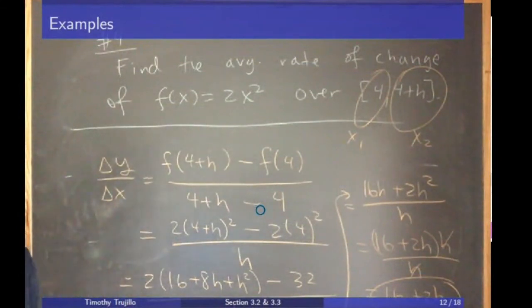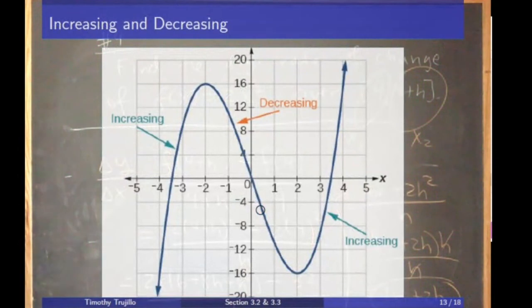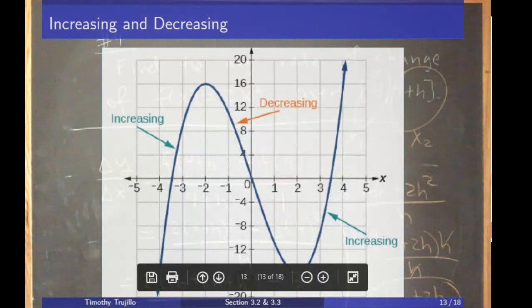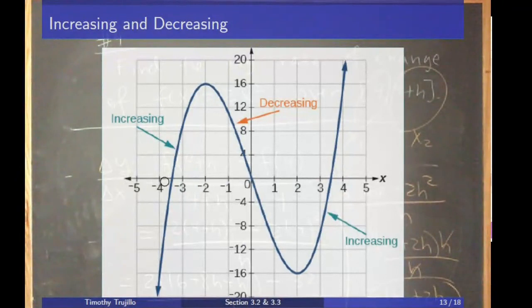Let's go ahead and come back now and finish up the last couple of objectives. Because I want to talk now about what the average rate of change tells you. Well, the average rate of change told you basically when the function was going up and when it was going down. And what I mean by that is as you go to the right, so if I start from negative numbers and move to the right,